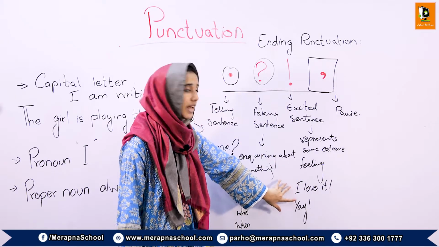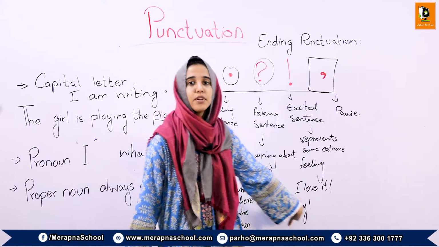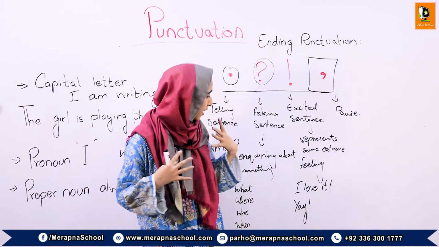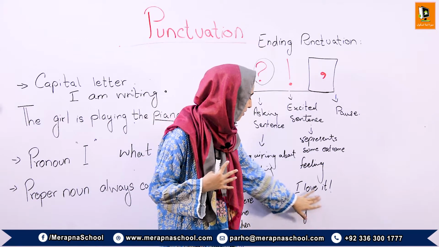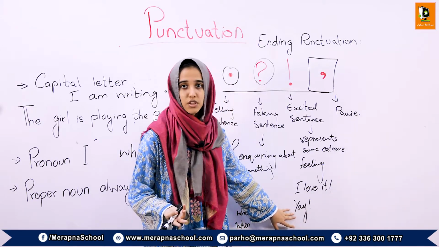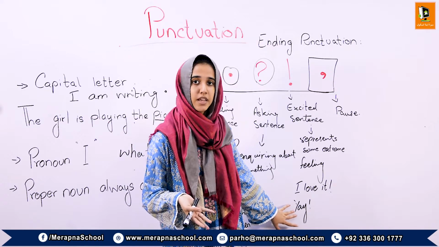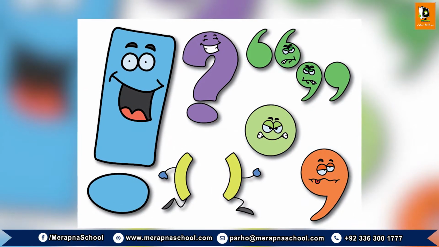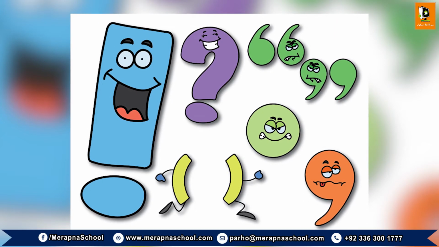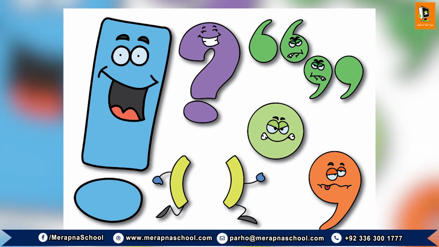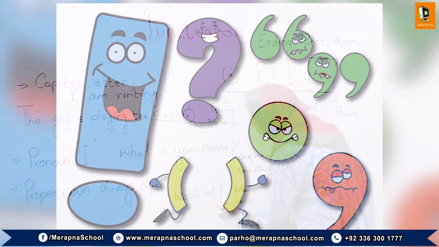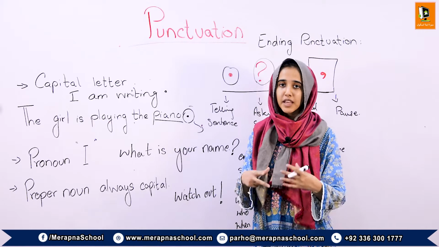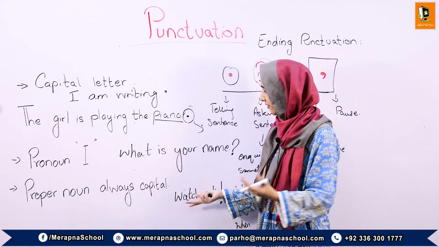For example, I love it, yay! For example, if we win a match, we use these kind of exclamatory phrases or words to explain our emotions, to explain our sentiments. Let's see. Watch out! Now, if someone is about to trip or something is about to happen, and if I want to